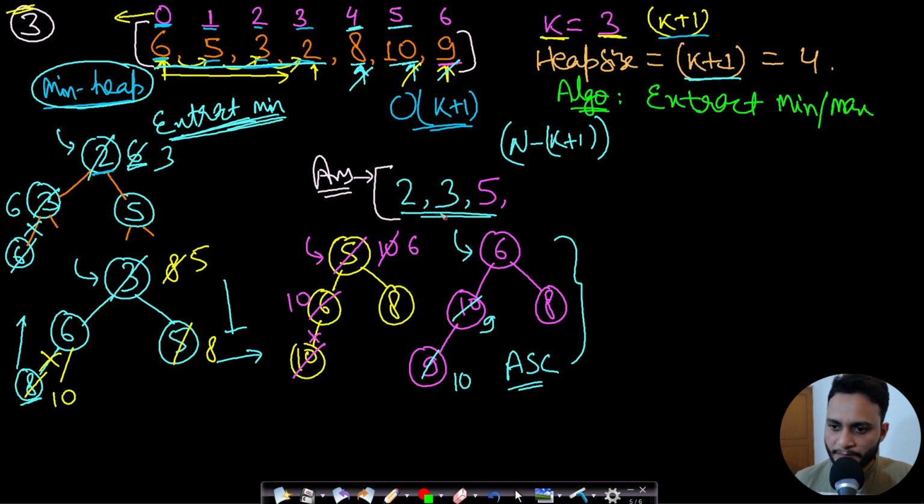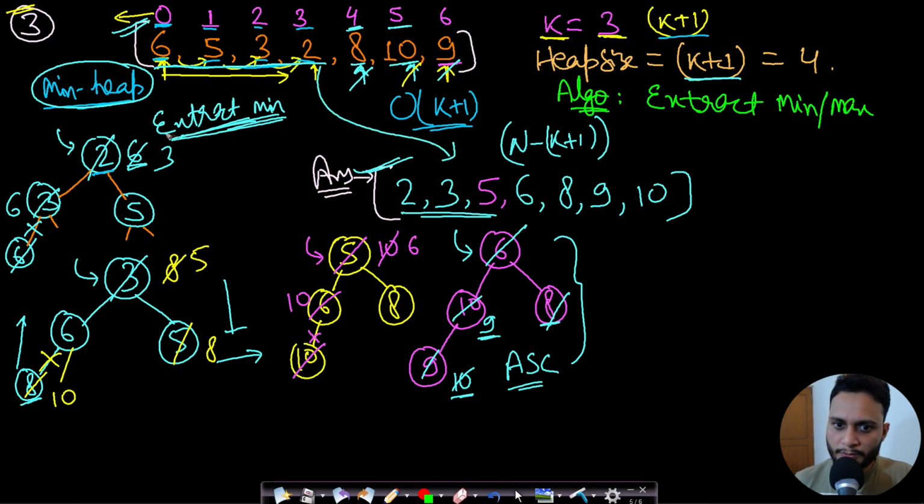Okay, so here we will be popping the elements, so 6 will come out first. Now the root will be 8. So if you pop again, 8 will come out. Now the root will be 9. You will pop 9, 10 will be the root and the only element, so you will pop 10 as well. So this will be your answer vector. Okay, so these are all the elements contained in ascending order in the array. So this was our k sorted array, and we have found all the elements in ascending order using a heap of size k plus 1. Okay, so what will be the time complexity in this case?